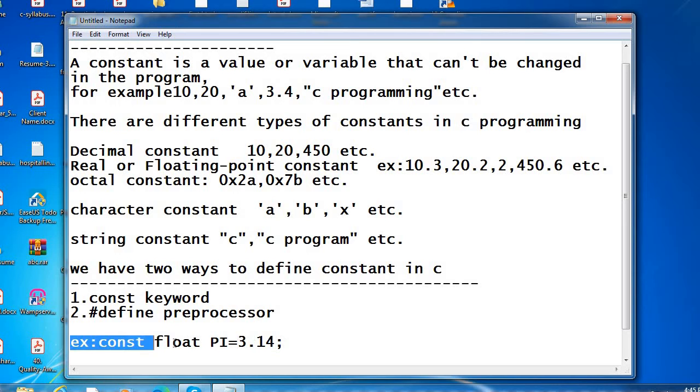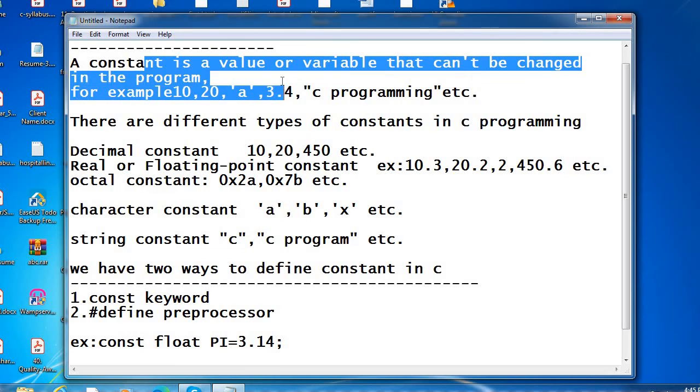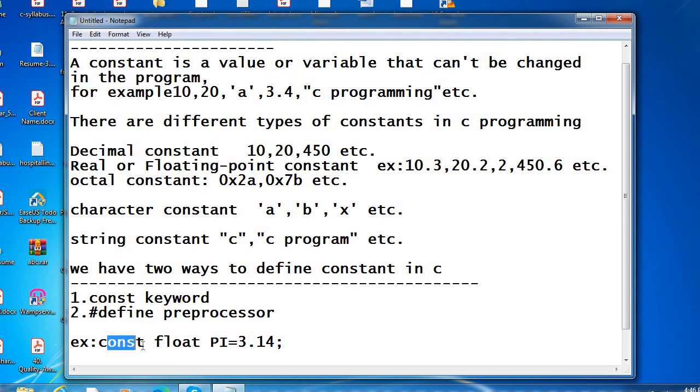Const is the keyword, float is a data type, pi is the variable name and 3.14 is the value. This value cannot be changed because we defined it with the const keyword. Once you declare it, the value of the pi variable cannot be changed.